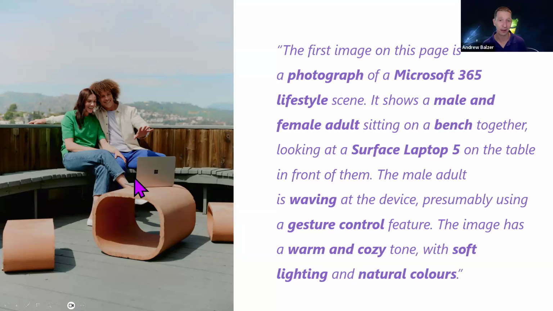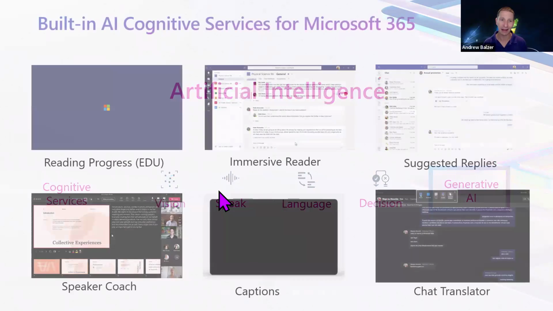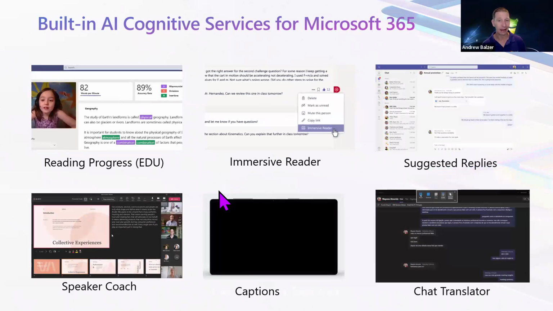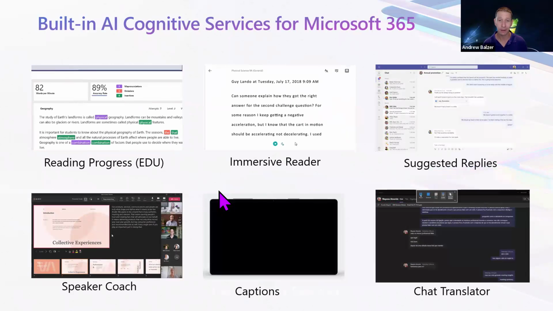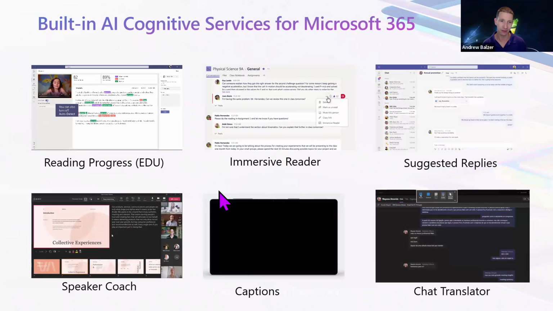It's very exciting. And as I stated, you don't need a disability per se to use these features. I use them for information processing myself. They are a mixture of cognitive services and generative AI all mixed up into one. So vision, speaking, language, and decision-making processes you will see as we go through and check out some of these products here. Additionally, on top of them, we have a number of subtle disability and assistive tools in there, such as reading